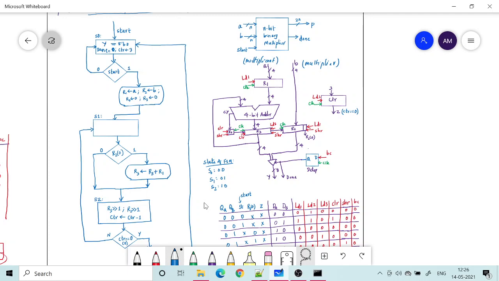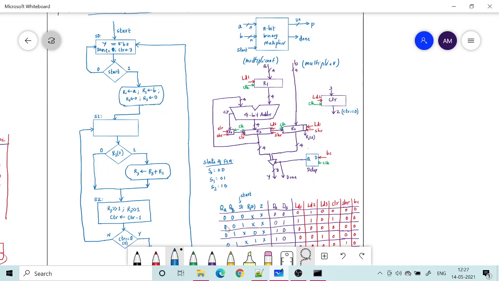Then what will I do? When I am in S1 state, I will check my LSB, R2 of 0, and if it is 1, I will perform my addition. R3, whatever is there, right now it is 0 because we are starting only, so partial result is not there. So R3 will be added with the multiplicand, which is in R1, and the result comes back to R3. So this is this loop. The next thing is shifting. If the multiplier bit is 0, then I will not need to perform addition, I just come directly to shifting. Otherwise I perform addition and then come to shift.